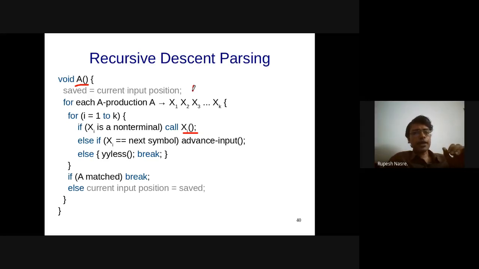And the backtracking requires us to use some sort of saving of the state. So that is being done using these gray colored statements. Within that, I am going to apply different productions of A, right? This capital A might have multiple productions, E deriving E plus T, E deriving E minus T, or T, something like that. So for each such production, there are multiple elements in the production, x1 to xk.